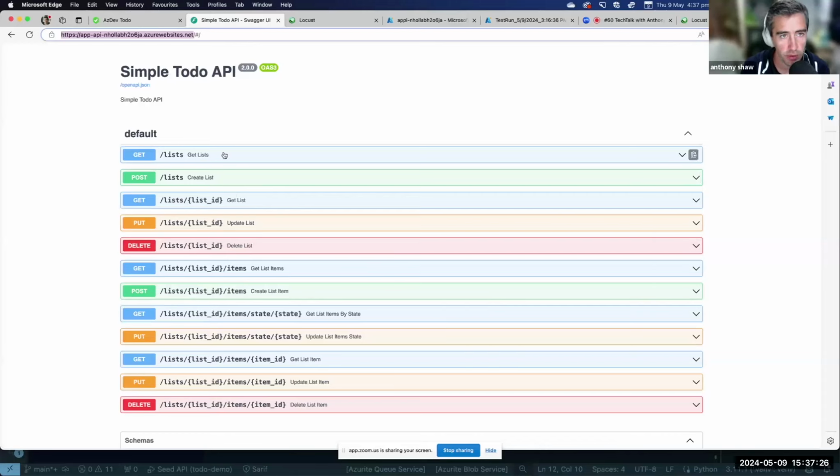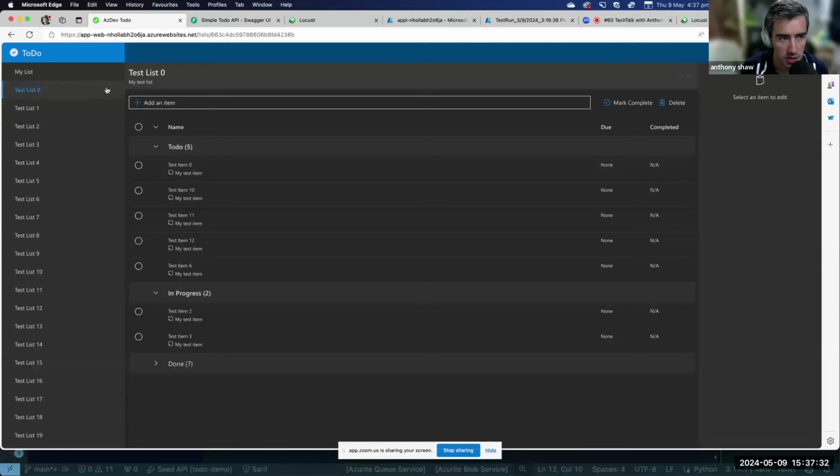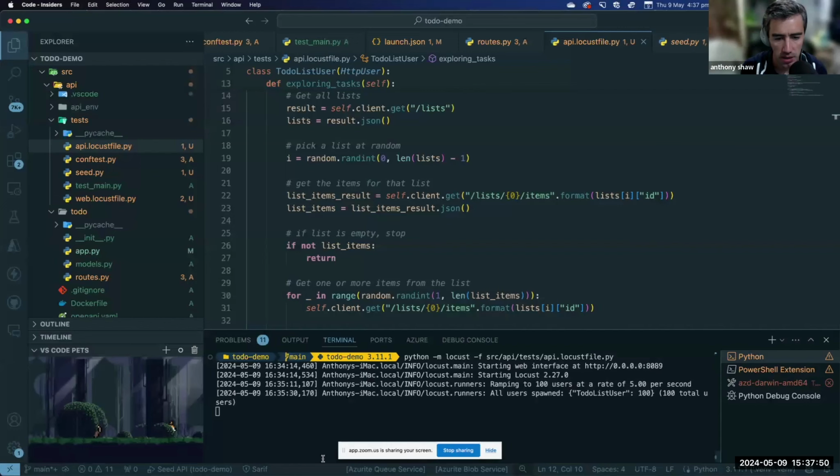This can be useful if you've got a mobile app and you want to simulate API loads specifically. But if you want to simulate real users, then you want to simulate them through the interface. You can do this by trying to capture what requests to the server the user would make. But in some applications, this is really difficult to achieve. So what I want to show you instead is another tool.